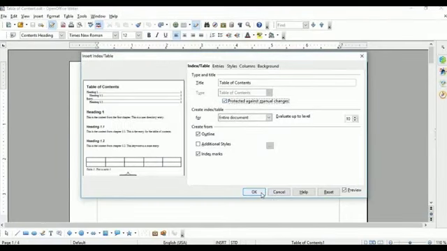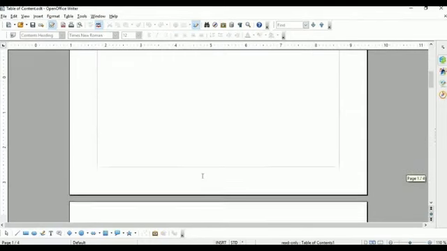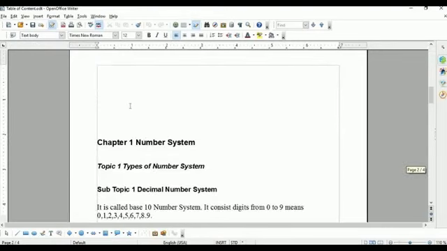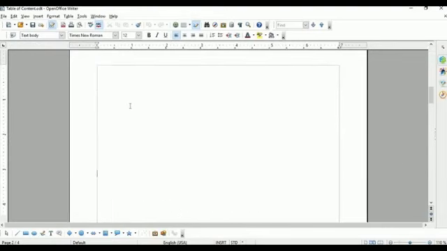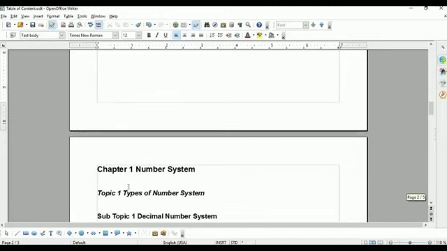Control Z, undo, and then protect it again. Is it clear? Then suppose that I want to modify this document, meaning this Chapter 1 I want to place on the third page. Press the enter key many times. Once you get page number 3, now see, this is available on page number 3. Now in total we have 5 pages.